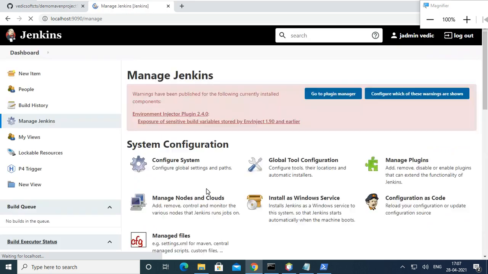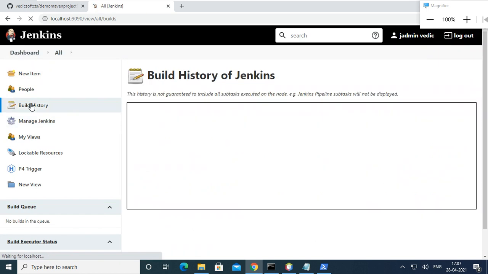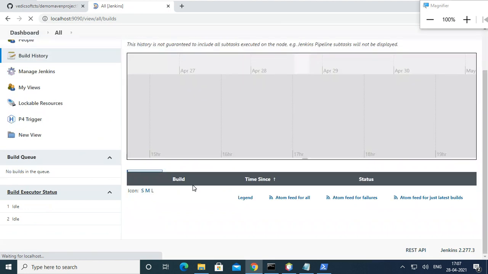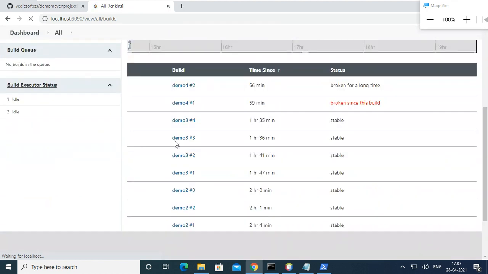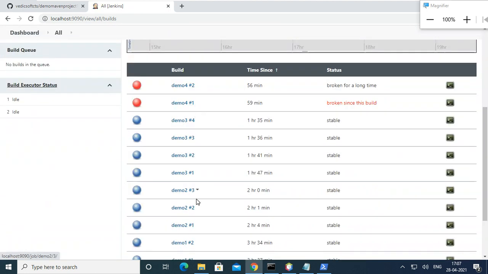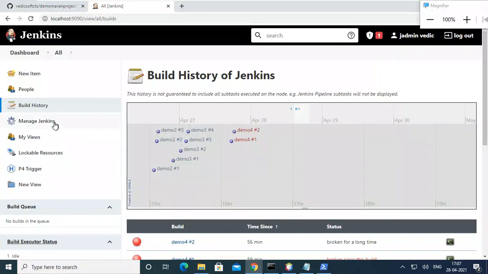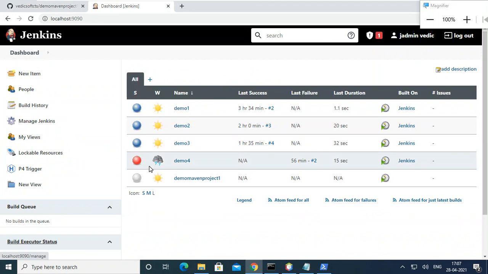Okay. So Maven, and I gave where Maven is actually available. Then go to build history. Oh, it is showing the total history. Okay, so go to dashboard.